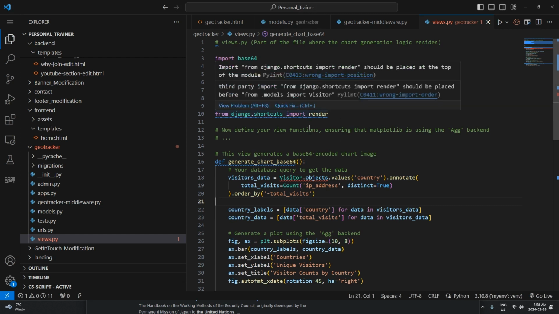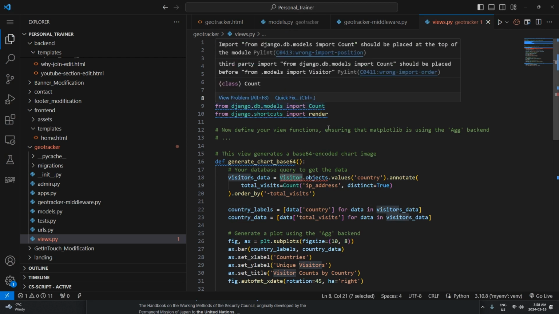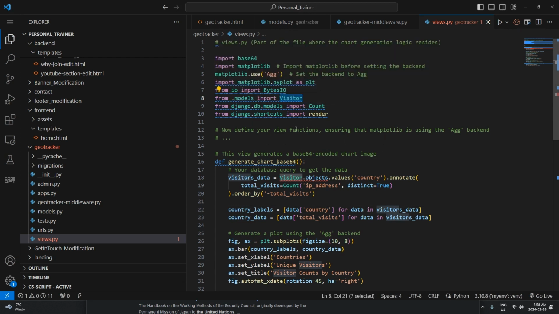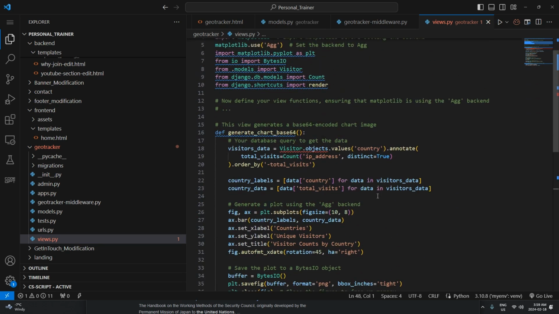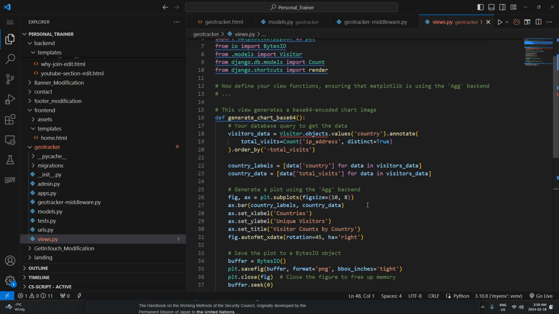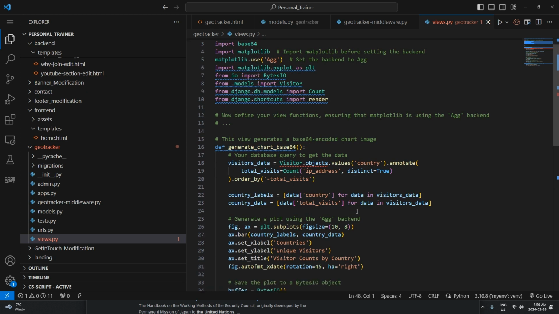We have our models because we want to use the data of this model to demonstrate and display that data inside the graph. So this tree is for that model which I told you, and we have the shortcut render because we're trying to render the template which we want. Okay, let's go on. I'm just going to explain faster because it's going to take a lot of time if I explain line by line by line. So this part